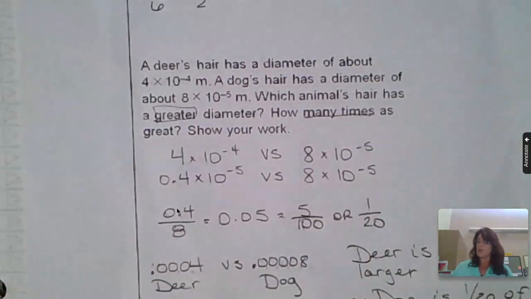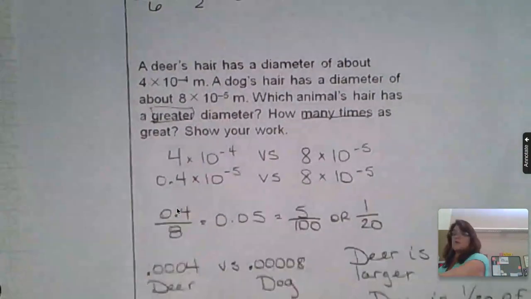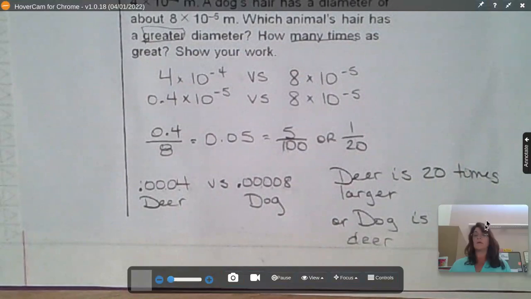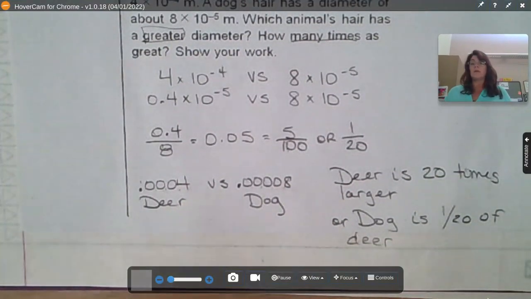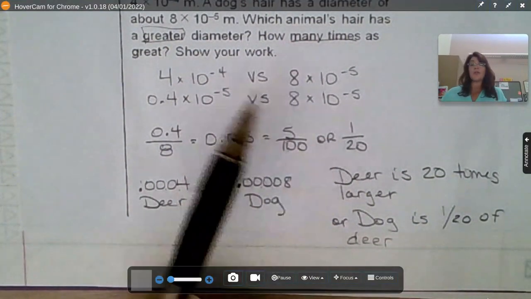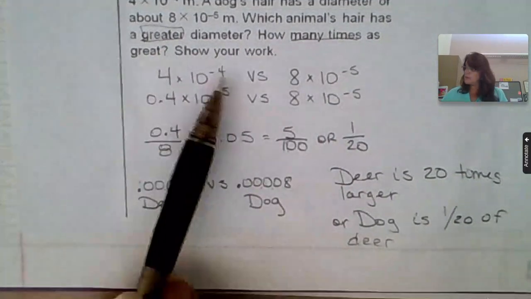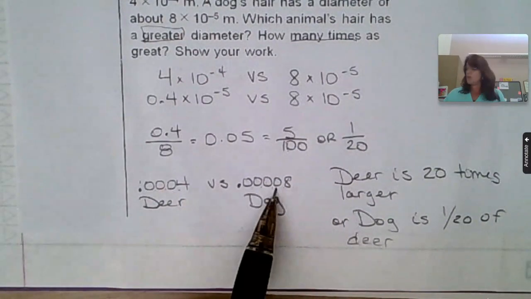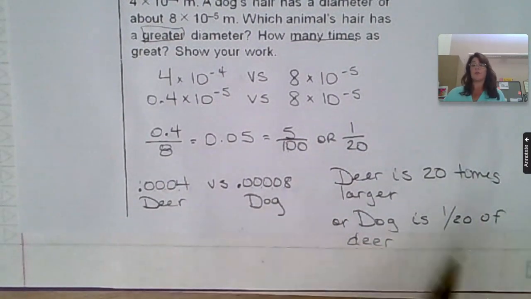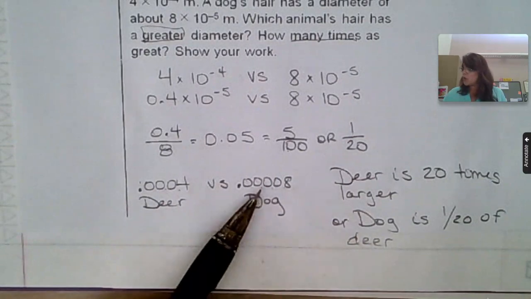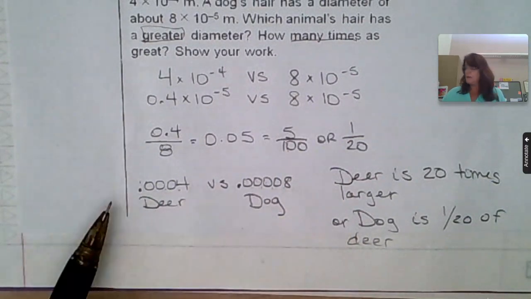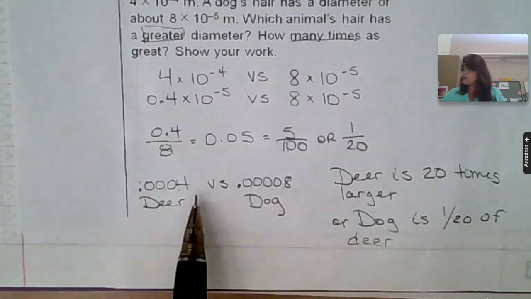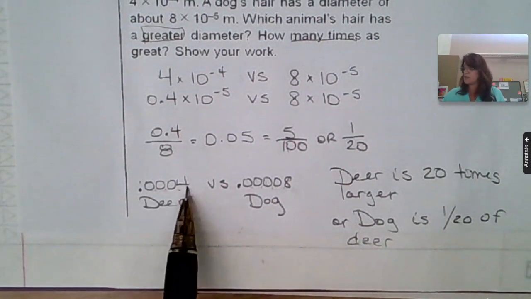Okay, so make sure, let me switch this up. There we go. Okay, move me as well. Make sure that when you're finishing these problems, you've done the math. You understand that it's this versus that. And you can just compare them that way if you want to. But when you're comparing which one's larger, really look at it. The deer hair is a lot larger